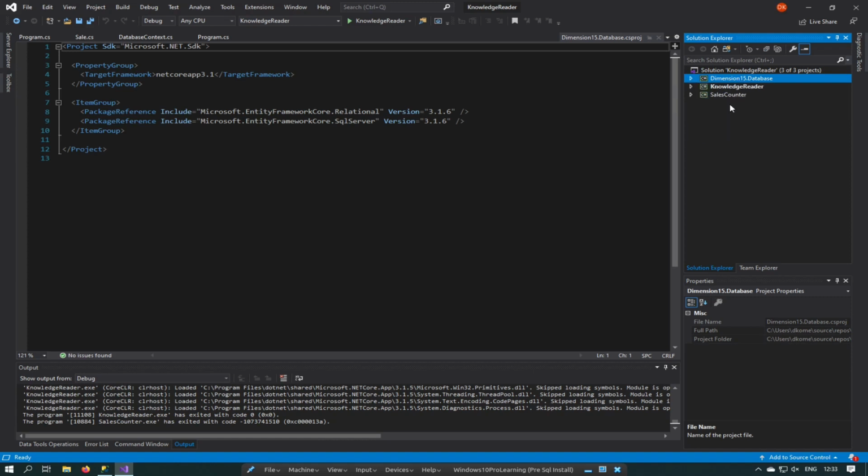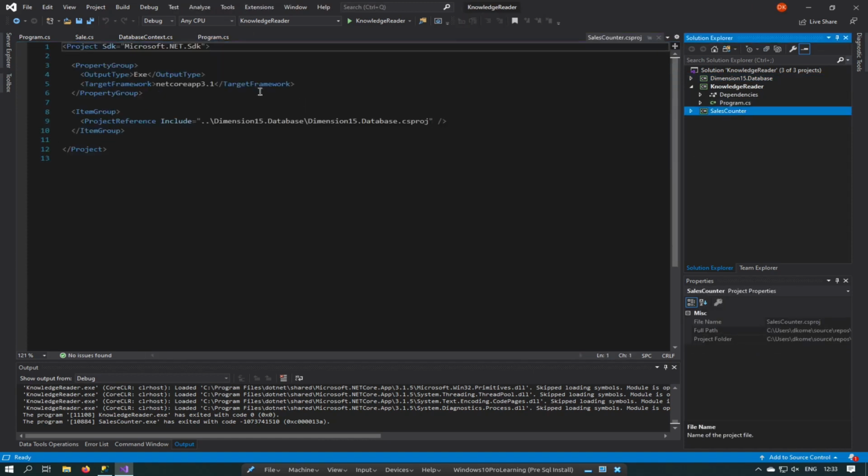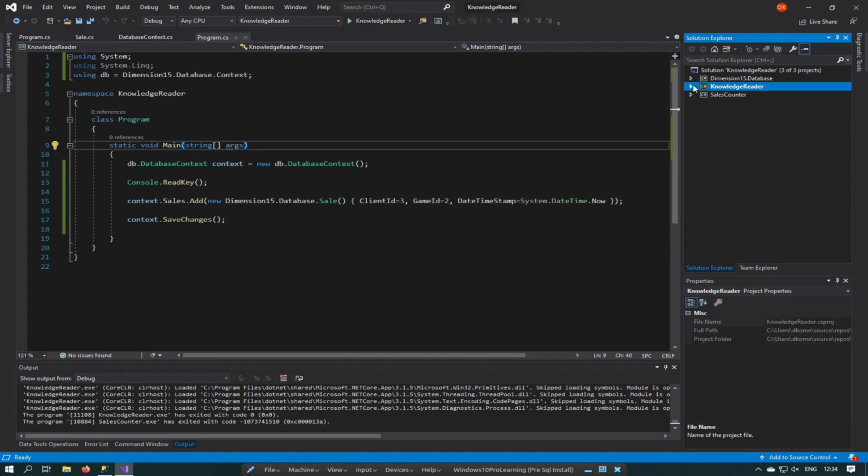And all that happens is these other applications, the 2 console apps, just call the DLL. They just make calls to the DLL and ask it to do stuff for them. That means they are no longer bound to a specific database backend. At the moment, they are calling the dimension 15 database DLL, because that's the reference we created. But really, all that matters is that the interface